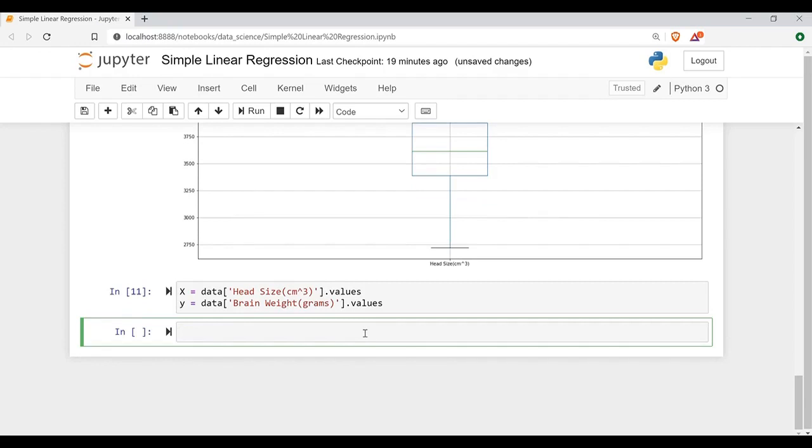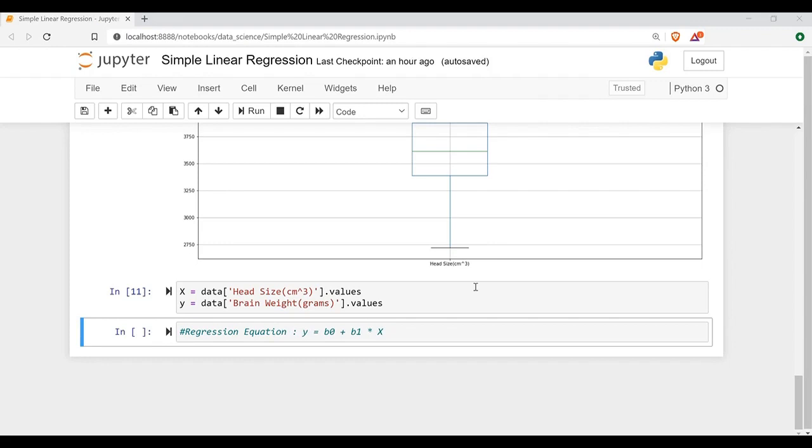Now first thing is we'll be finding out the intercept and slope. Now we know the regression equation.